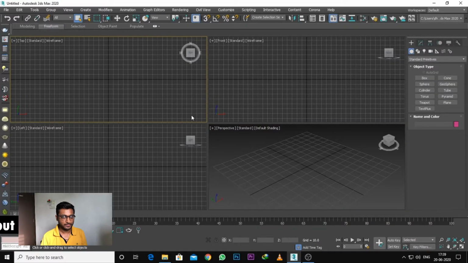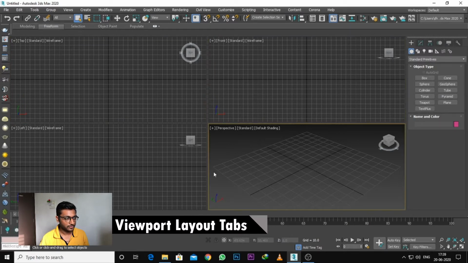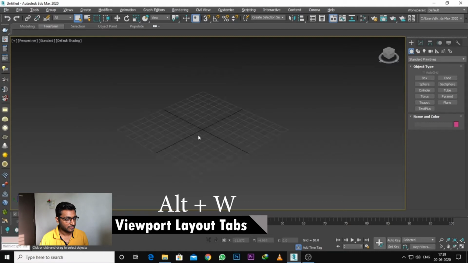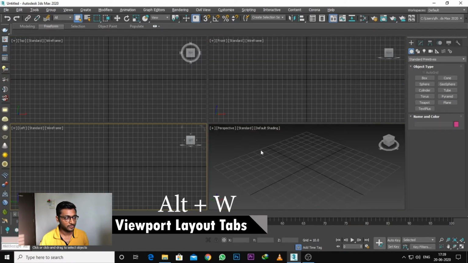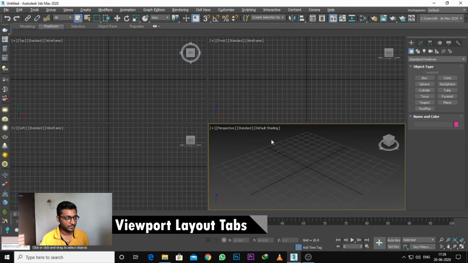As you can see, these are the 4 common default viewports. If you want to enlarge one, simply press Alt W. You can see the viewport converts into one viewport, and Alt W again returns to 4 divisions.